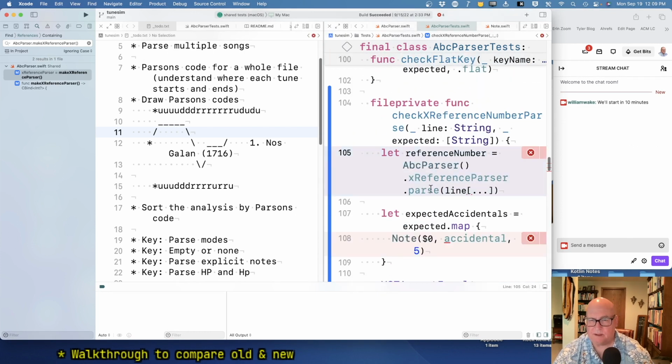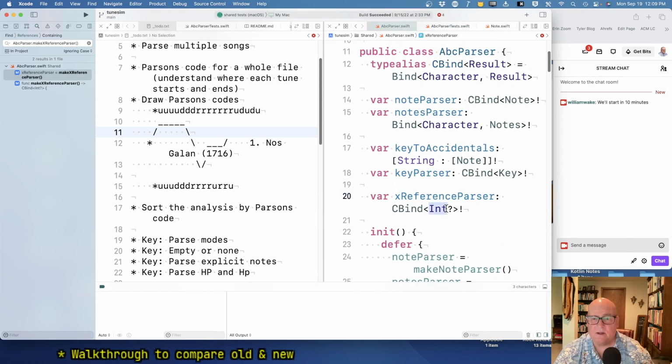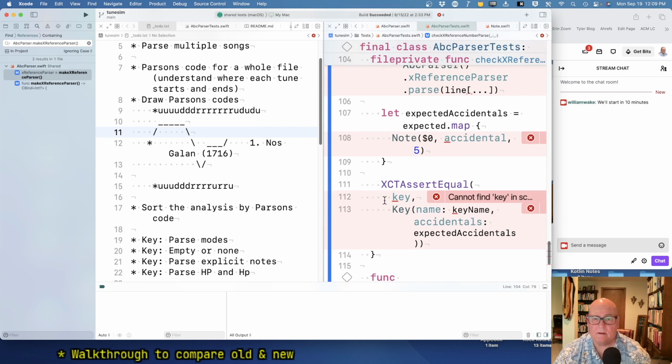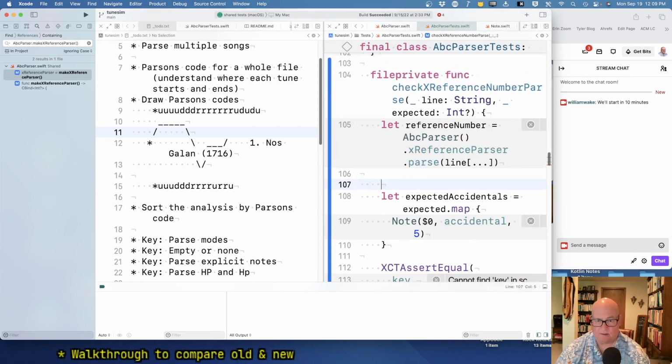Okay, reference number is ABC parse line. It is an int question mark, right? So we have to deal with the optional int case. So expected is an int question mark. Okay. And the result of a parse is a parse result. So let's call this result parse equals that. Okay, and then